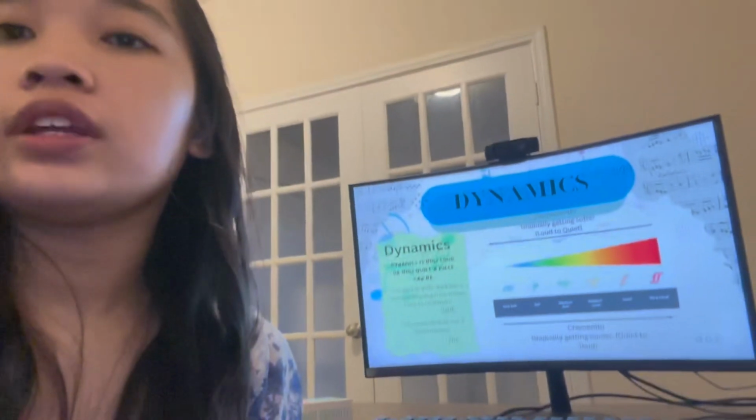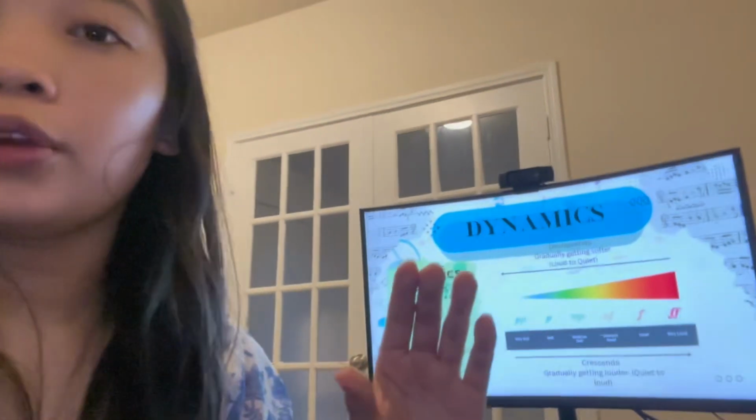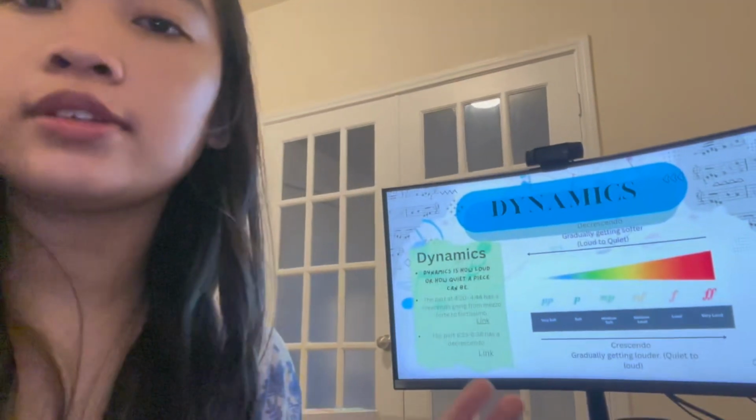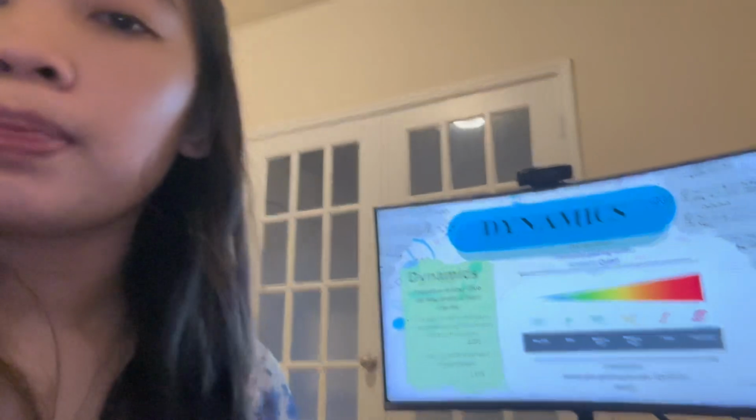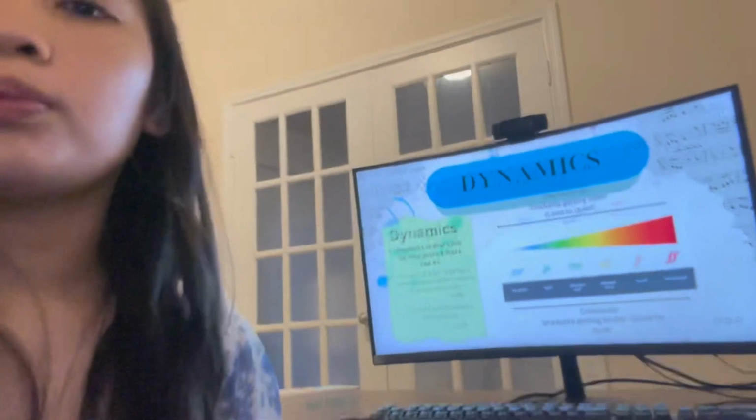It's usually how loud or how quiet the piece is, which you could get it confused with texture, which is how high or how low the pitch is, but dynamics is the overall volume of the piece, of how loud or how quiet it is. So over here